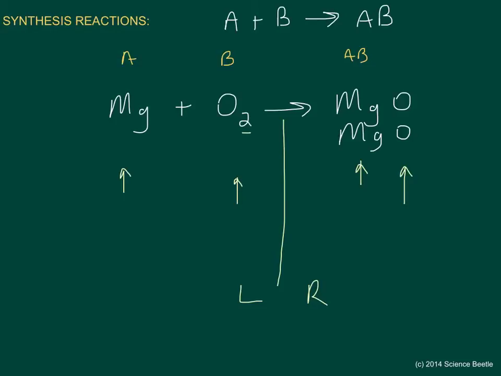Notice on the left-hand side we've only got one, so we are required to add another magnesium to the left-hand side. If we do that, we now have a total count of magnesiums of 2. Notice we've got 1 unit, 2 units. So we're going to add a coefficient at the front of this magnesium, indicating that we've got 2 moles of magnesium. If we turn our attention to oxygen, we've got 1 mole there. And if we look at the magnesium oxides on the right-hand side, we've got 2 units there,